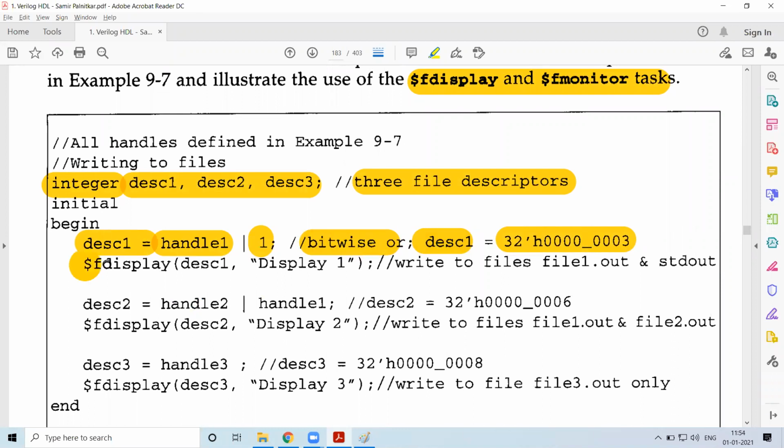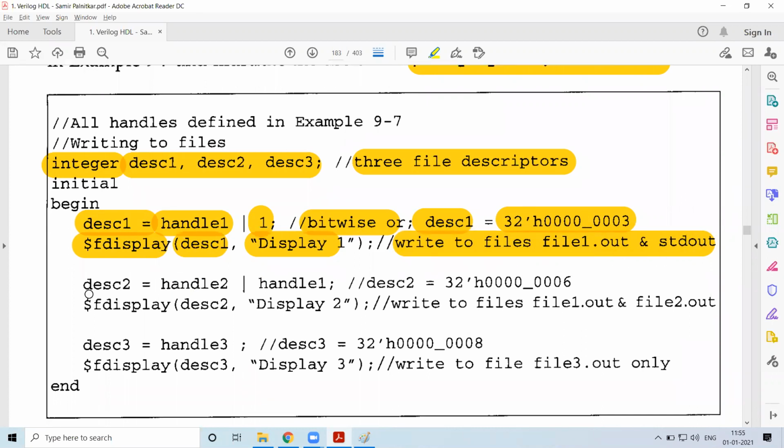Now you are using $fdisplay with descriptor 1, that is the 3, and display 1. What this does is it writes to the file file1.out and standard out, since handle 1 is there and the plain 1 is there. Similarly, here two operations are there, handle 2 and handle 1.